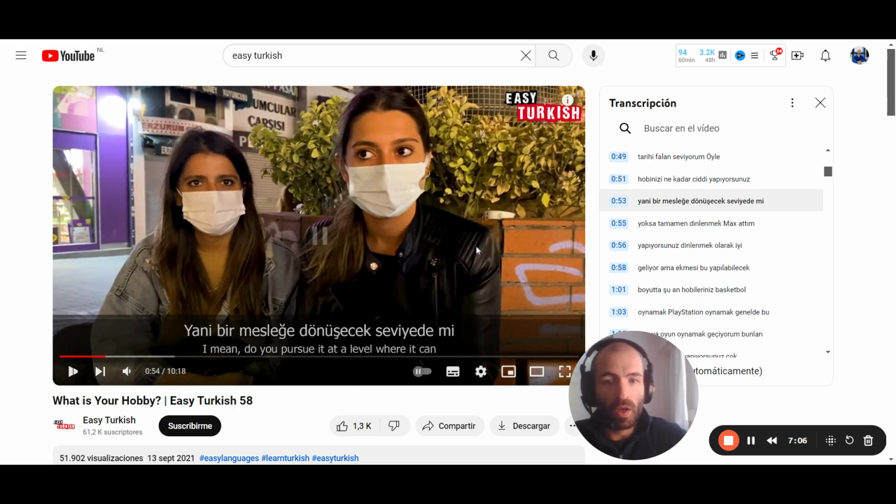Once you can understand this level easily, like when you're reading, then you keep doing this if it's interesting, but jump to podcasts and radio because then you have no text and it's just audio only, and it's native speakers speaking for native speakers. And that's it. This is all you need to understand any language. You just have to memorize more vocab and do more listening. First with subtitles, then without subtitles.